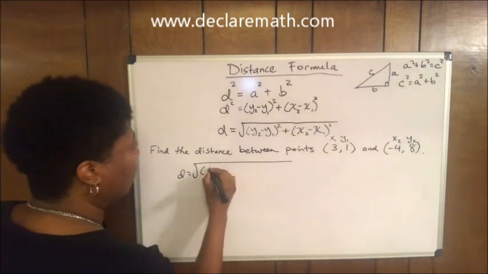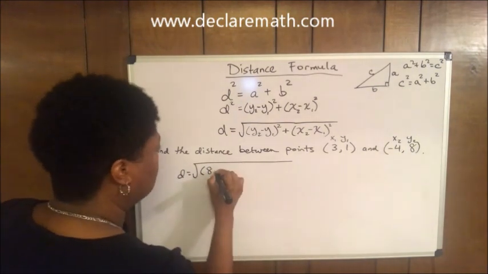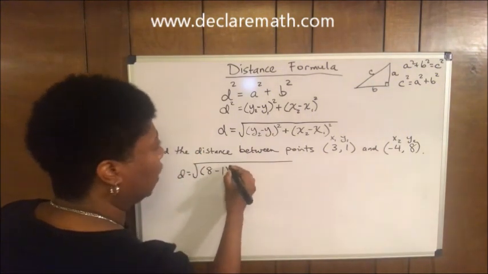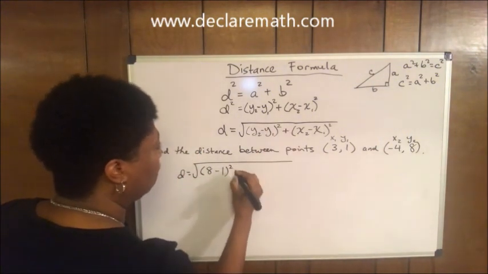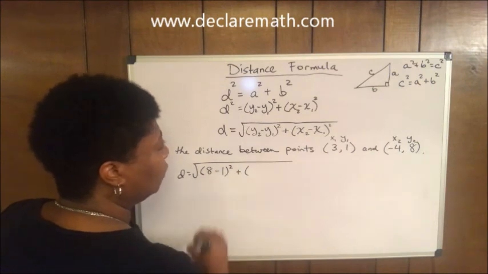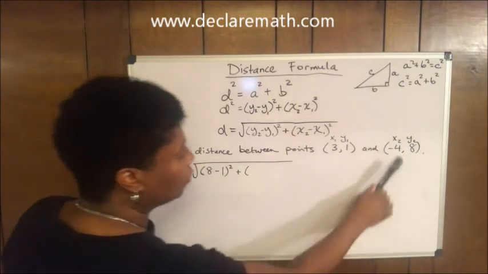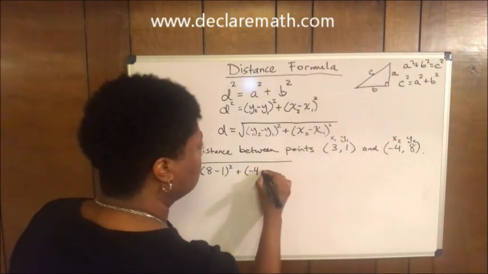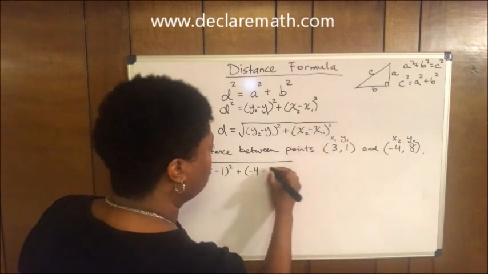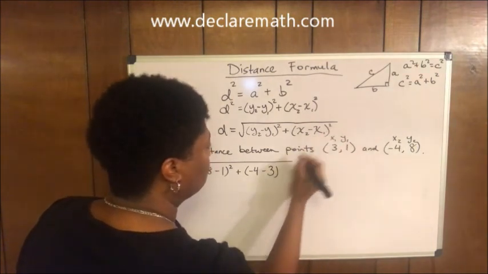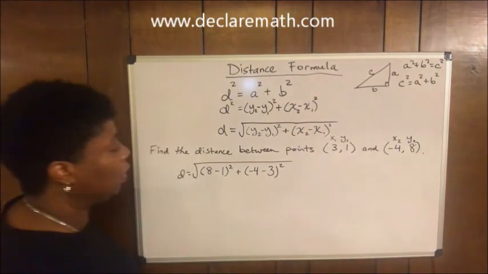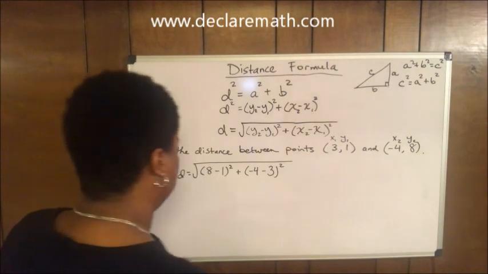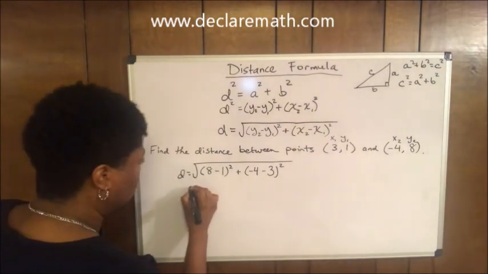y2 is going to be 8 minus y1, which is 1. Okay. Don't forget your squared here. And then we have -4 minus 3 squared. Okay, and then from there it's just doing the math. Okay, so hopefully I'm going to be doing this correctly. And